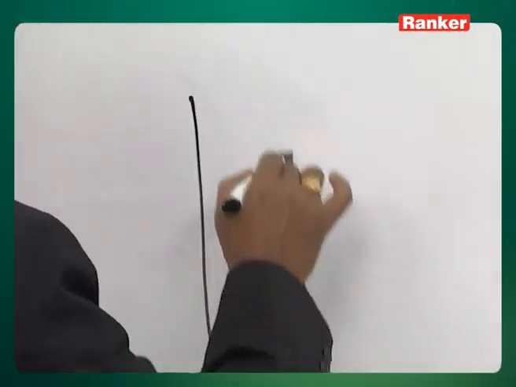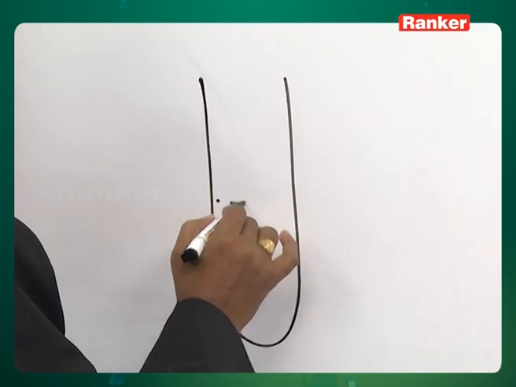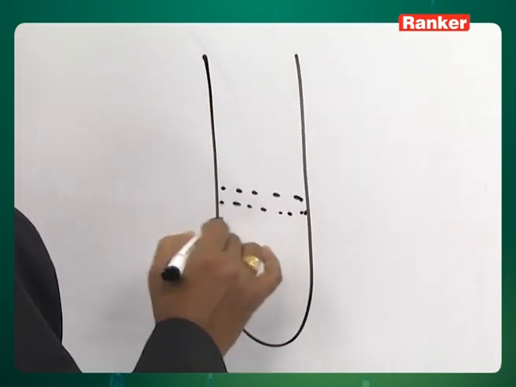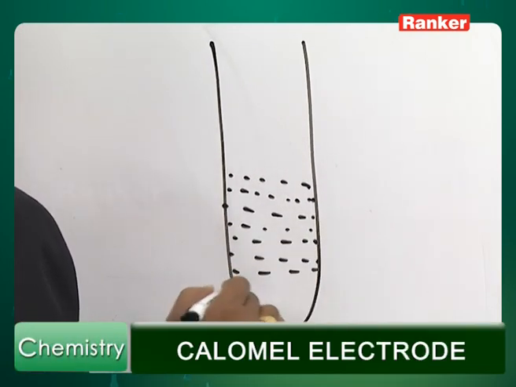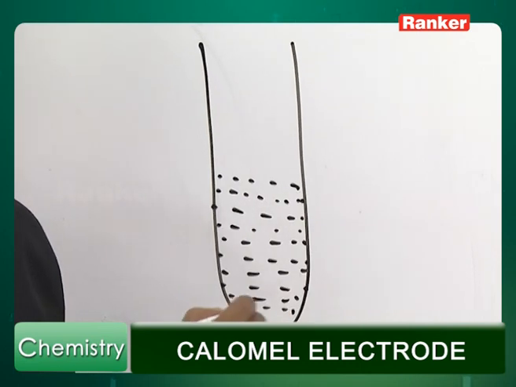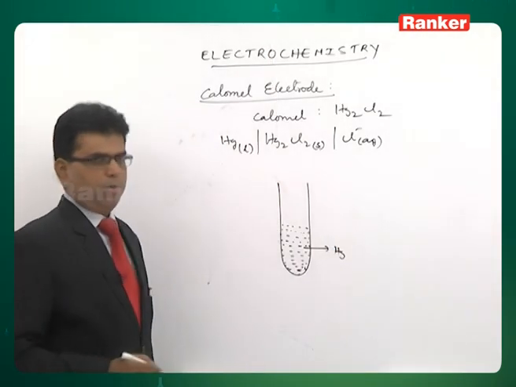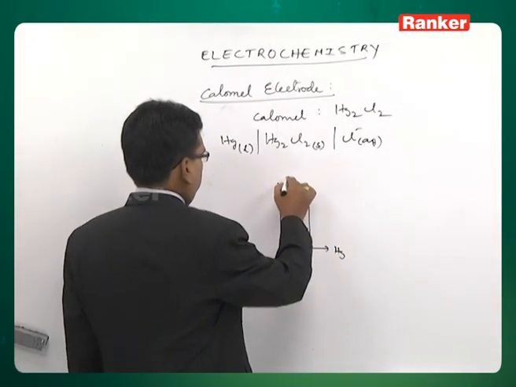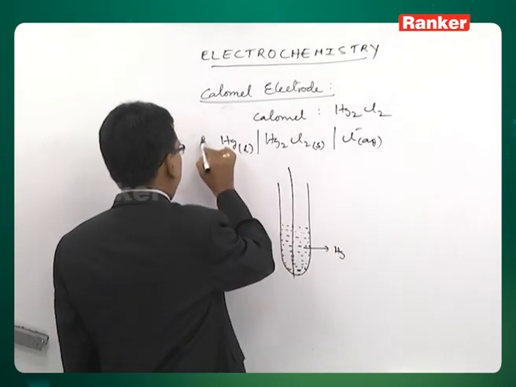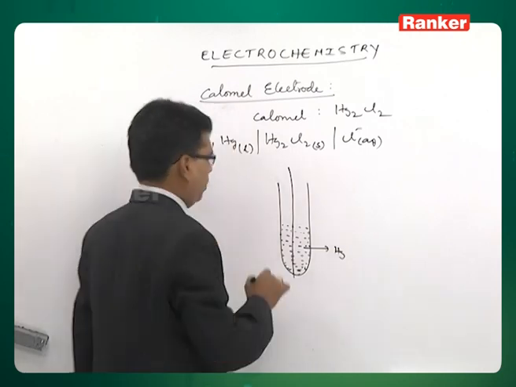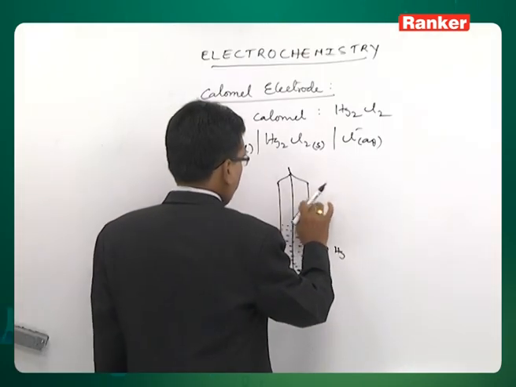Or simply, you can take it directly in a test tube, in a glass tube. It is the liquid mercury that is taken first; it is filled with liquid mercury. But of course, here to have a contact conductor we use a platinum wire, and into this is passed